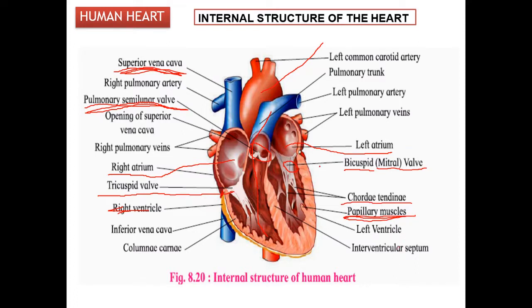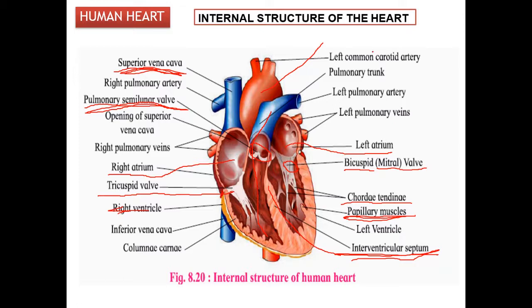The left and right sides, right atrium, right ventricle, left atrium, left ventricle, are divided by a septum known as the interventricular septum. It separates the two ventricles from mixing of the blood. So these are the structures present inside your heart. Most important, there are different types of walls present on both sides, which prevent backflow of your blood into the heart or away from the heart.